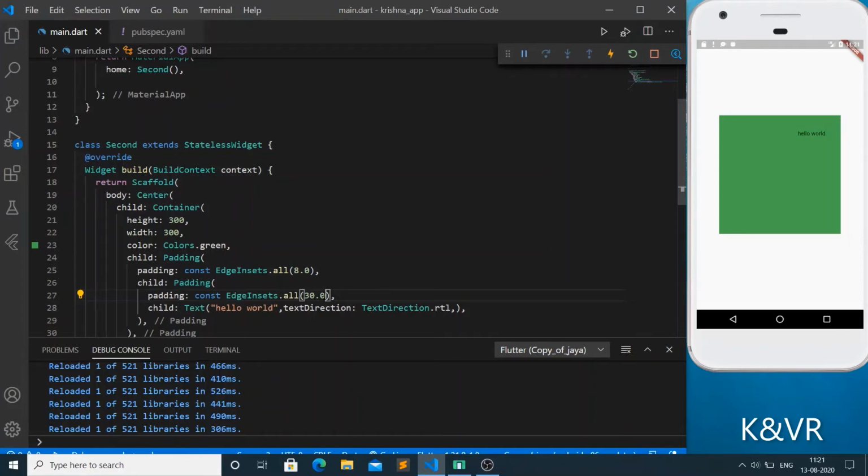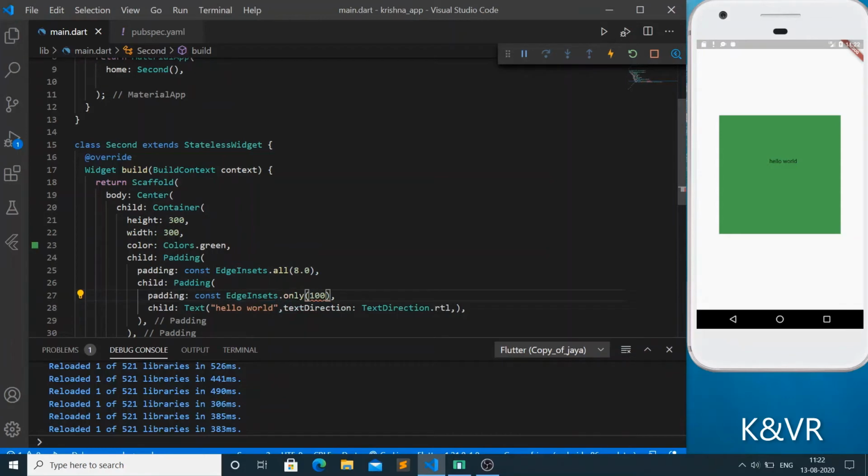Just remove this. You can also give it like that. I am giving here 100, it is coming to the center like that. We can also give EdgeInsets, meaning all sides. We can also use EdgeInsets dot only.